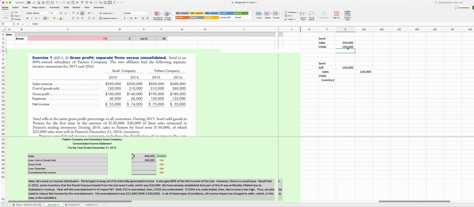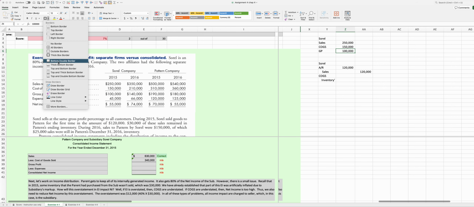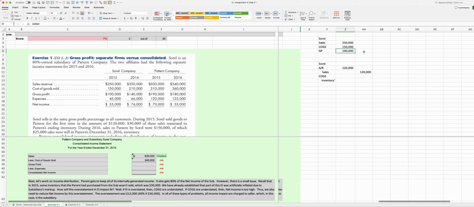And of course, the gross profit is the difference between the two, or $100,000. And so what we can do at this point is compare everything to the sales amount, which is always 100% of sales, of course, and then we want to divide cost of goods sold and gross profit that they've given us both by sales to determine that cost of goods sold is really 60% of the sales amount. So if the sales amount is 120,000, then they would have recorded 60% of that